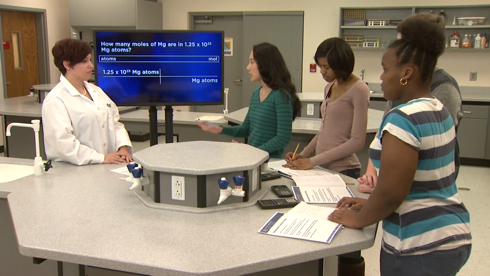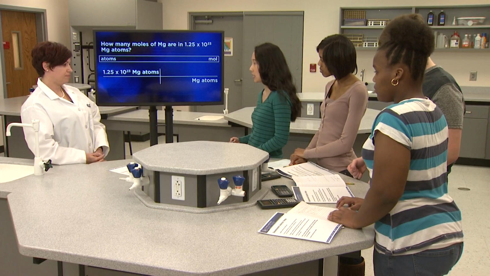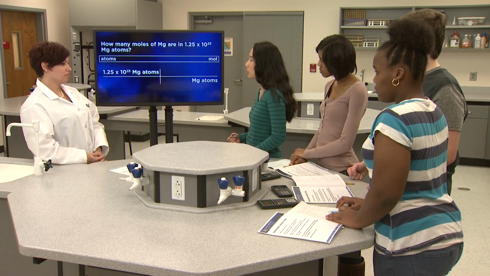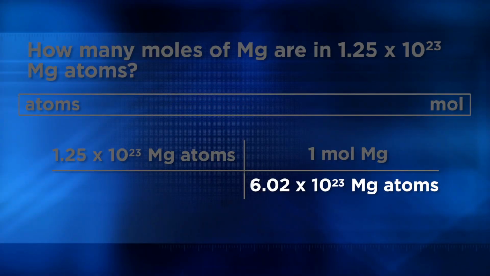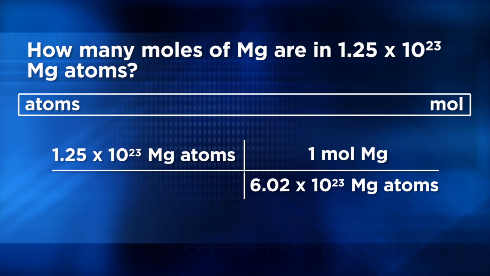Oh, yeah. Well, since we need to convert to moles and we have particles, well, atoms, to begin with, we can use the equivalent statement 1 mole of magnesium equals 6.02 times 10 to the 23rd magnesium atoms. This time, we'll need to put Avogadro's number in the denominator, and we can put 1 mole of magnesium in the numerator. That's it. Then we can cancel the units of magnesium atoms, and since we have the unit we're trying to solve for, which was moles of magnesium, we just need to do the math,